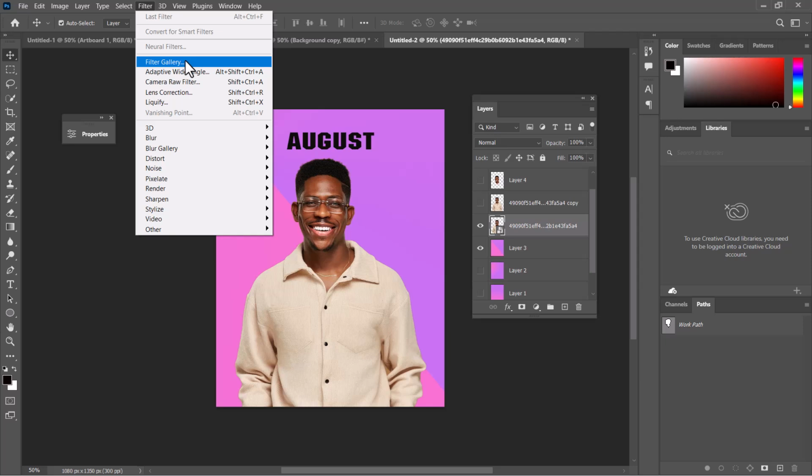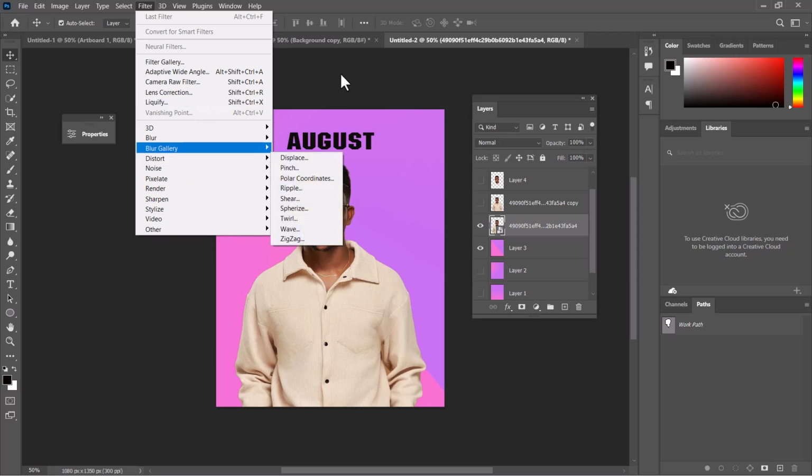See here, there's the filter gallery, adaptive wide range, camera raw filter, lens correction, liquify. There are just a lot of other filters here. So with time, we'll get to cover some of these things. But for now, you just need to know that if you want to apply a filter to this image now,